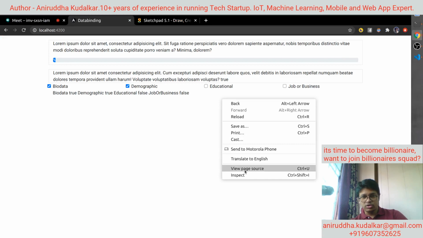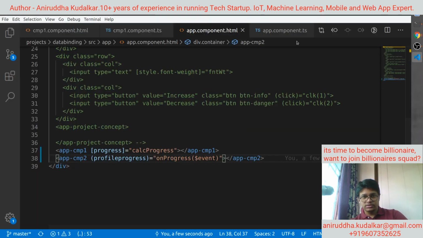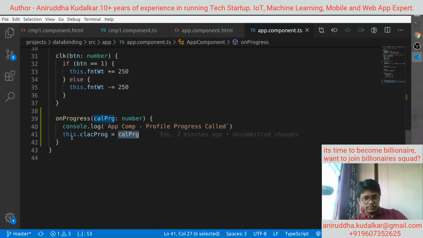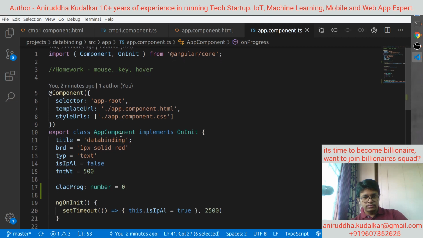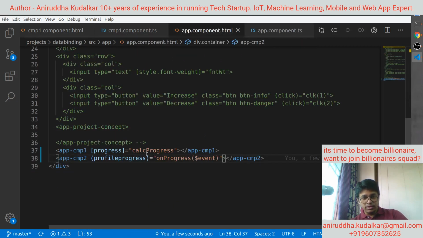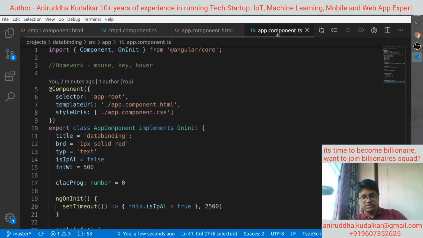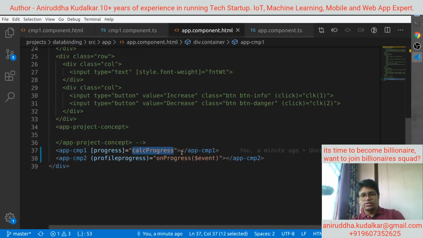So let's go to the logs and see. So we are going inside the app progress. The calc progress is equals to calc progress. Here you are passing calc progress is the same variable. Calc prog is the variable. Remember that we were using a wrong variable. Now see,